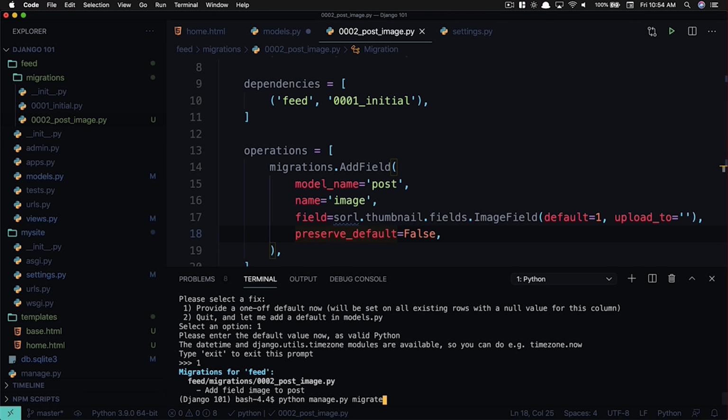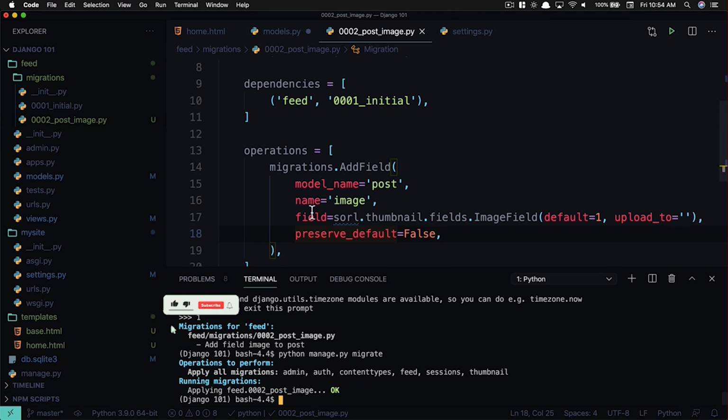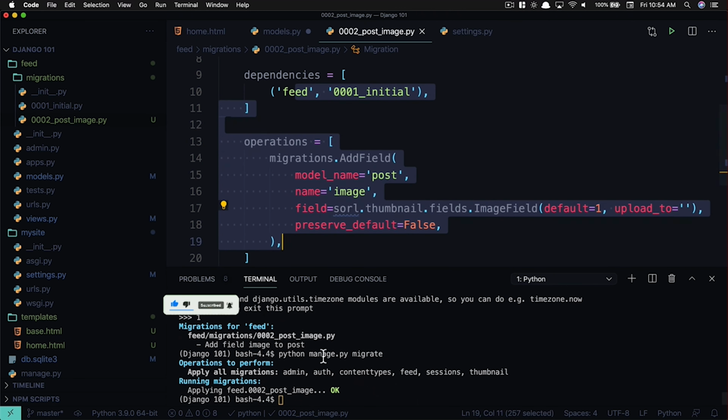Let's go ahead and now run migrate. And so originally when we made our migrations, we simply made this file. We didn't execute it. Then we run migrate and that says